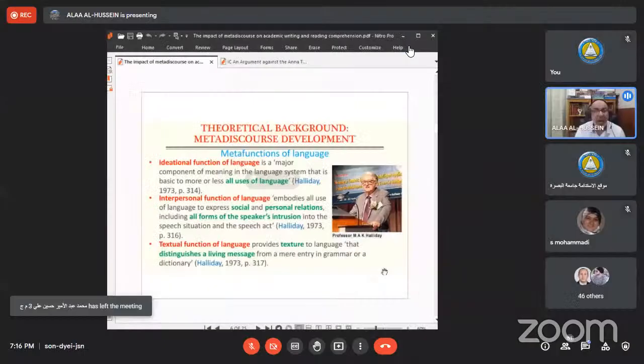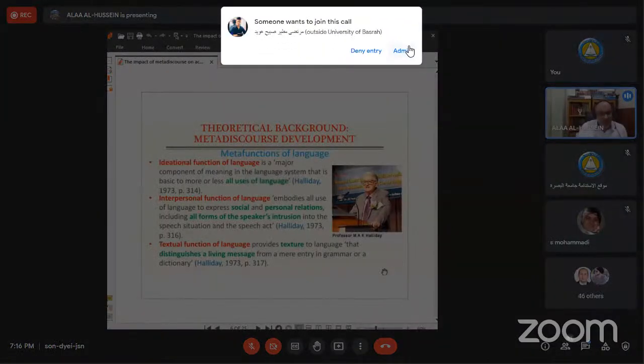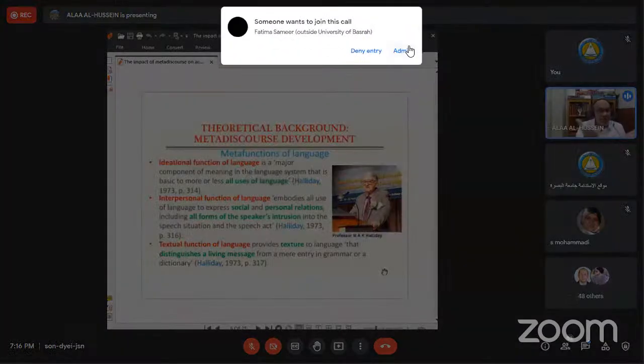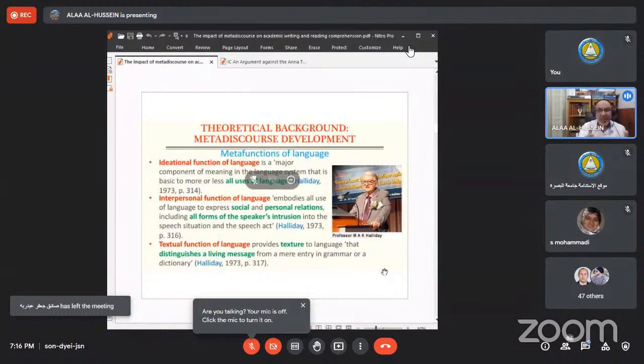Entry in a grammar or a dictionary. So the textual function provides texture. It's like, if we want to resemble it, we can resemble it by this shirt and the cloth it's made of. The cloth, sorry, is the raw material for this shirt. So it's like the textual function. The textual function of language provides the texture, and throughout the texture, language can work